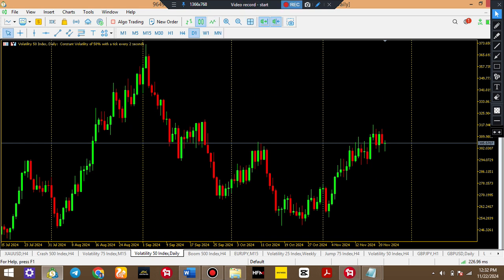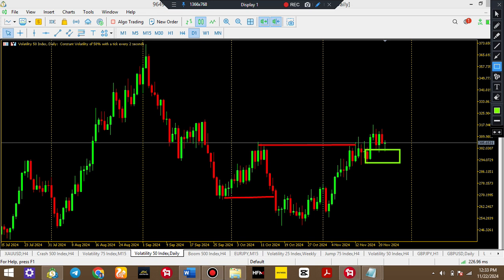On the daily time frame, we can say price is also bullish because this was the candle that gave us the last high of the market, the last low of the market. So price was breaking above it. So price is currently bullish. Let's say all this can be a reversal, price tapping into this order block, if it's not a sweep of liquidity. But whatever be the case, as we go down to the lower time frame, we get to understand more of what is happening. So in the daily time frame, price is bullish. Let's check the H4.